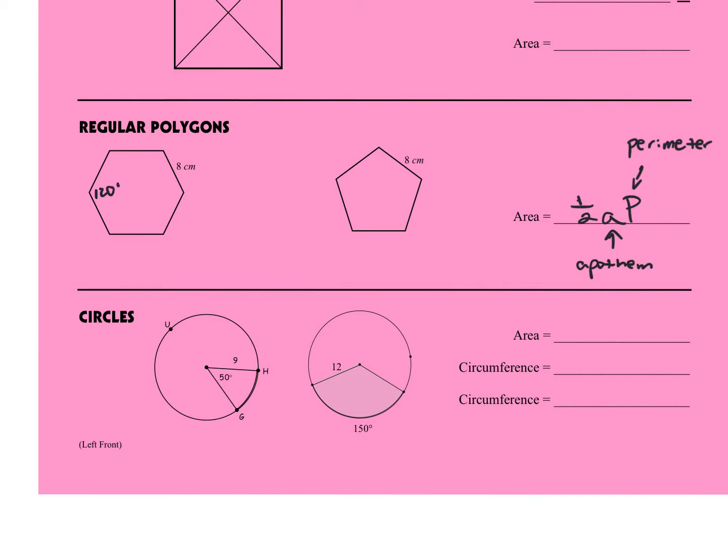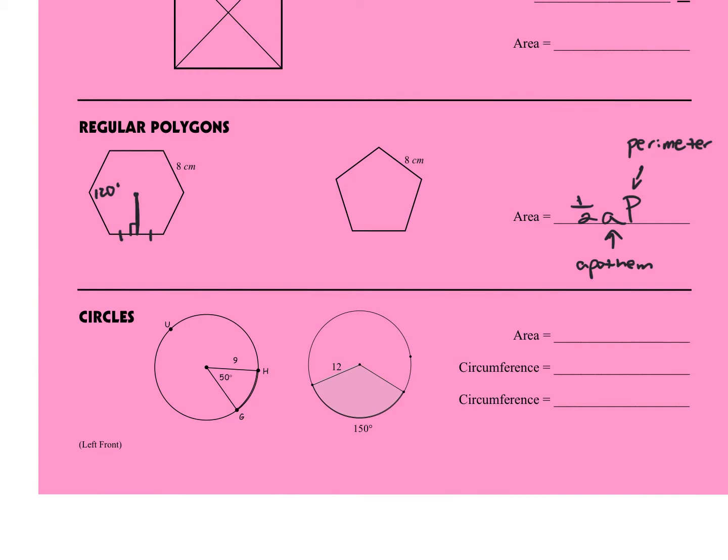Now, the apothem is going to be, we're going to kind of eyeball where the center of our polygon would be, and an apothem is going to be a segment that's going to go from the center and is going to be perpendicular to a side. Now, the apothem is not only going to be perpendicular to the side, it's actually going to bisect that side, and in class we'll talk a little bit more about why that happens. So we're going to have our apothem, it's going to be perpendicular, it's going to bisect the side, and then